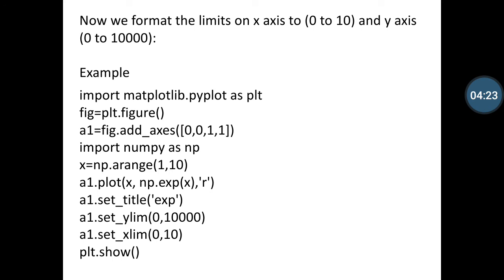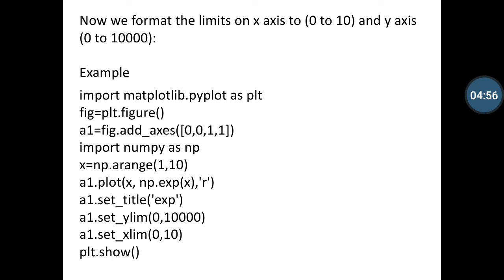Then fig equal to the plt.figure method is used to plot the figure, and then create an a1 variable. Then fig.add_axes is defined as 0, 0 and 1, 1 as arguments. These are the x-axis and y-axis coordinates, and then import numpy as np.